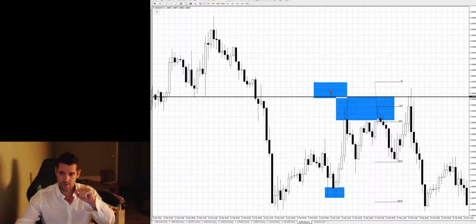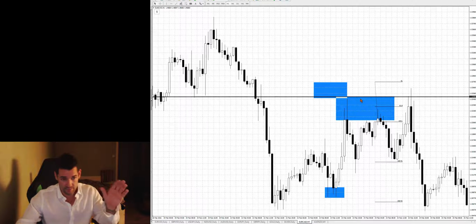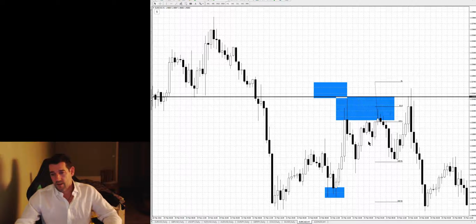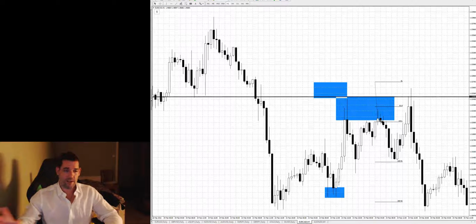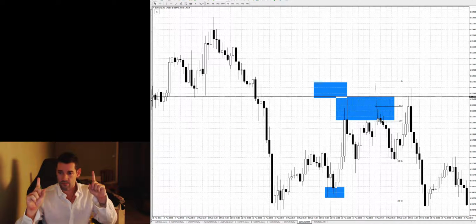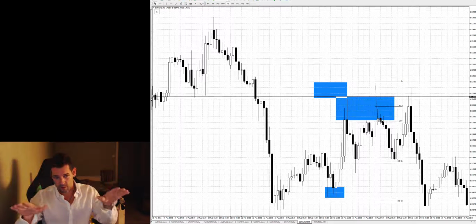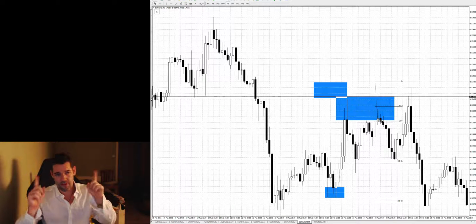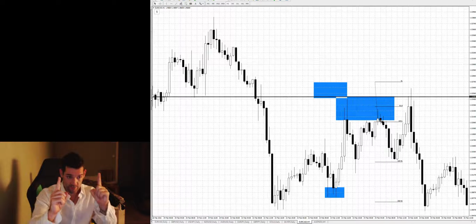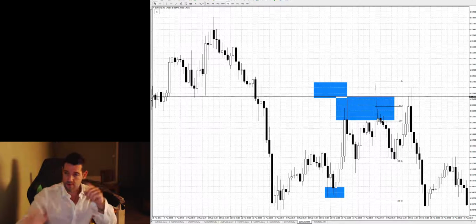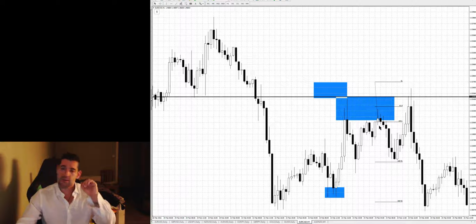Now, I know this is a bit skewed, but it's an example. It goes to this level and then goes to the same high again. So, we had the power to go down somewhat, and we had the power to come back to the same level again. It happened 2 times. One top, second top, same level. It means that if I enter short here, if price comes to this level here,